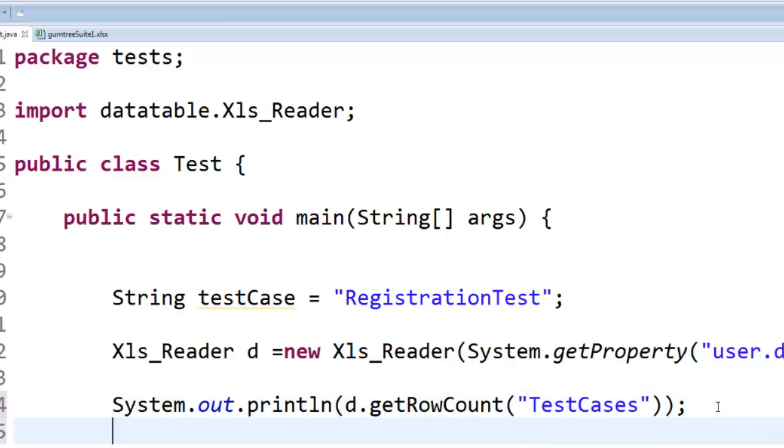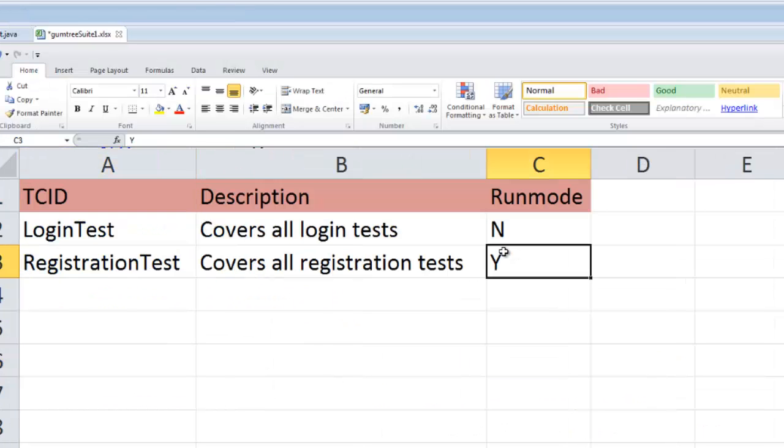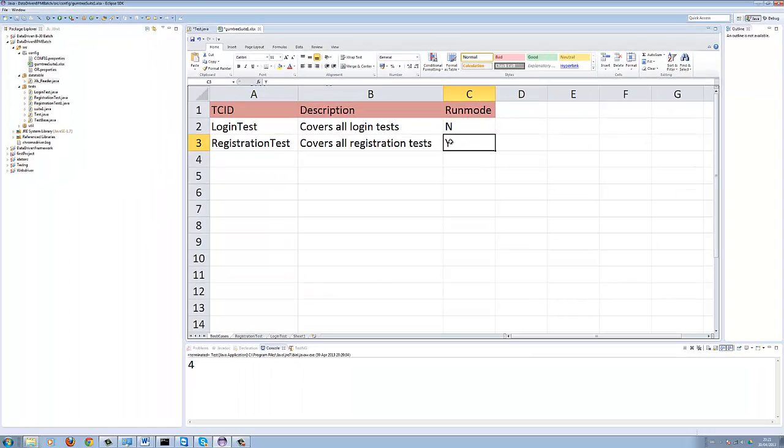We'll try something else. We'll try to get the data of some cell. Okay, so how to get the data of some cell? For example, which one we'll try? We'll try to get the data of this one. We need to access this one. If it is yes, we'll try to run the test. If it is no, we'll not run the test. So we need to display whether yes or no. So